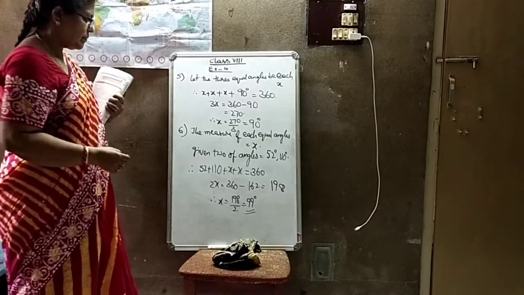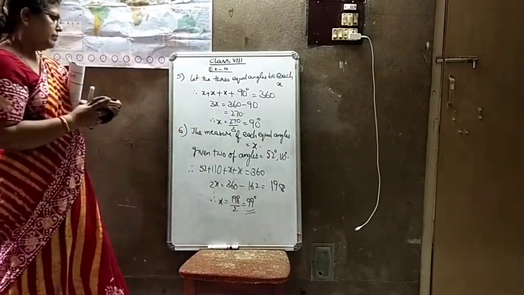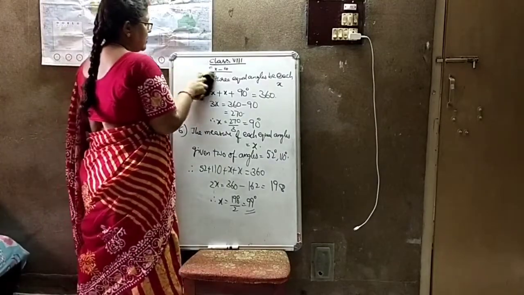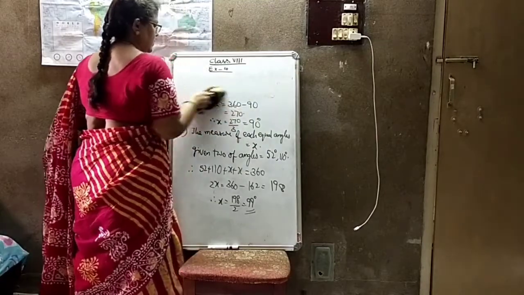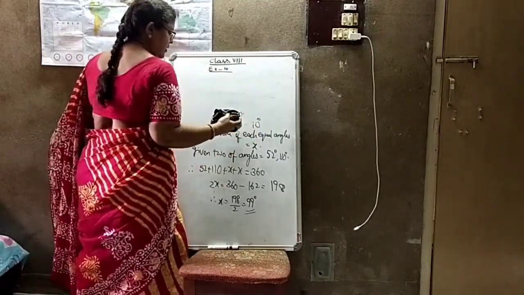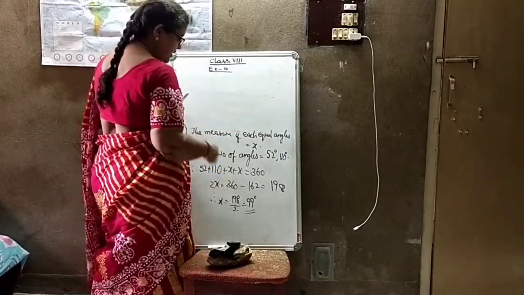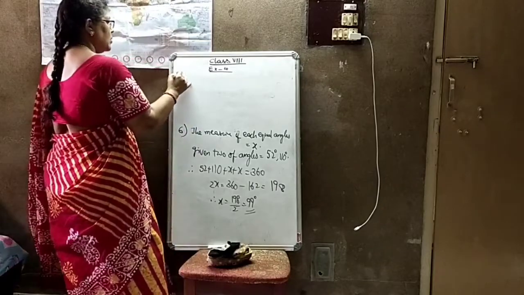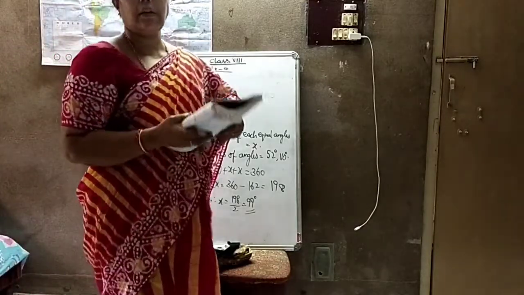Okay, ma'am? Complete this one. Make it fast. Just in 10 minutes, I want to finish this exercise. Today I am not well, ma'am, so I will take only a 10 minute class for you. Tomorrow I may go for the next topic and I will continue more.